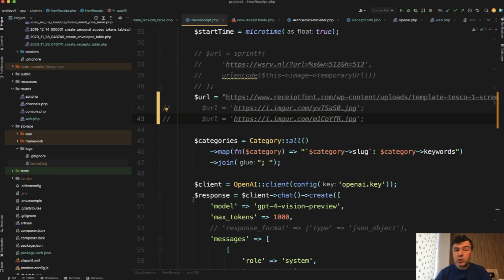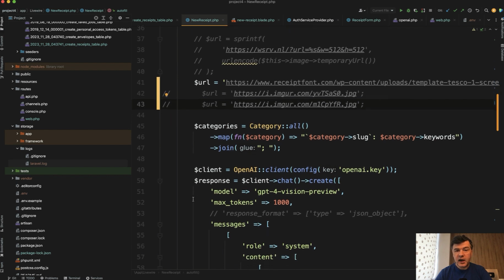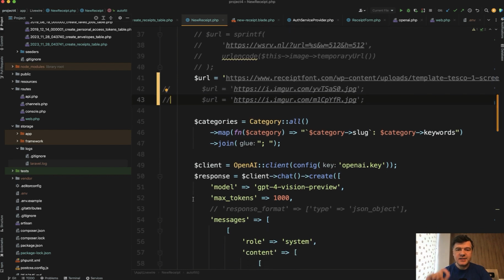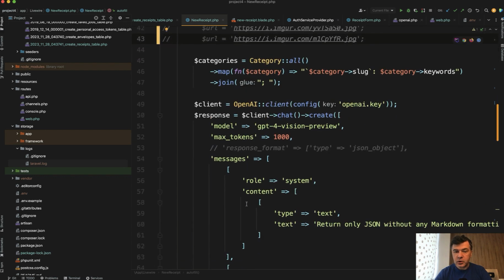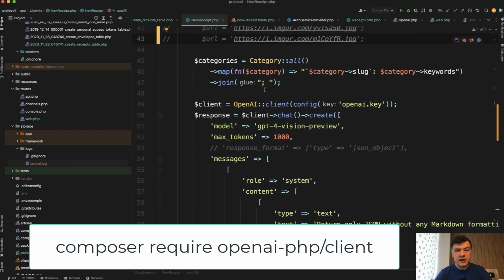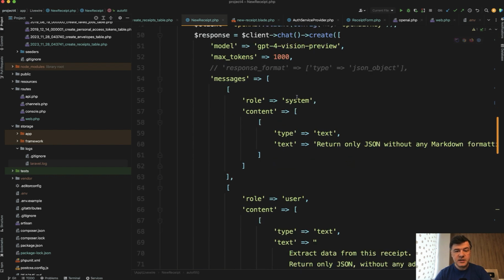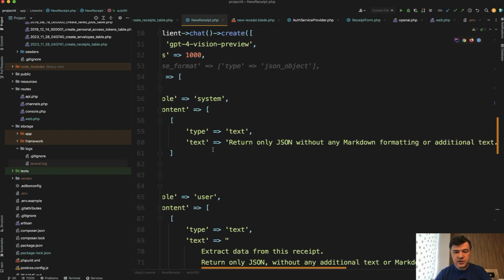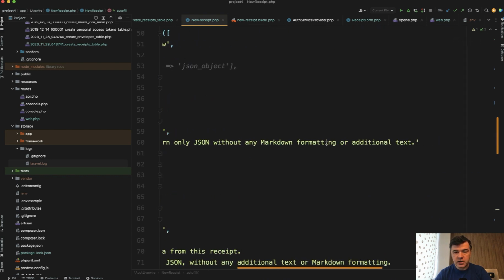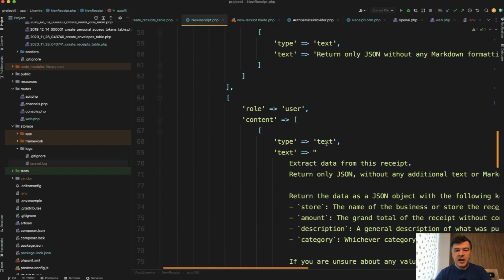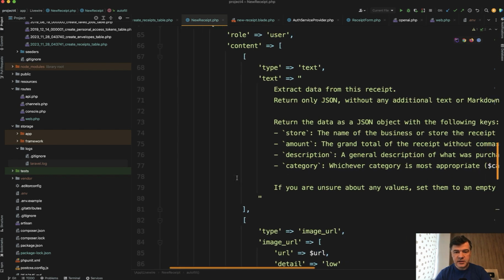One of the most important things actually when working with AI, with OpenAI or other models, is the correct prompt, formulating the question in the right way. So we load OpenAI as a client, we have OpenAI package installed, and then we start a new chat, and this is the model Vision Preview, which scans the images, so the prompt is not only text, there is a text. So system, return only JSON without any markdown formatting or additional text, and then user content is extract data